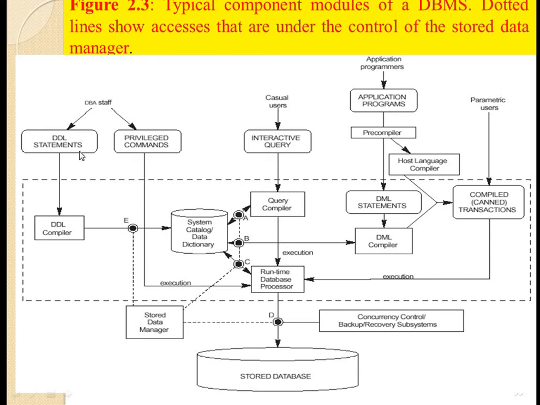We are having the module, this is the first module, this is the second module, this is the third module and this is the fourth module, and every module is divided into components. Okay, अगर मैं पहले मॉड्यूल की बात करूँ DBA स्टाफ की, तो यहाँ पे मेरे पास ये उसके मॉड्यूल्स हैं और हर मॉड्यूल अपने आप में कंट्रोल कैसे हो रहा है, किस तरीके से काम कर रहा है, ये हमें ये डायग्राम बता रहा है। क्लियर?